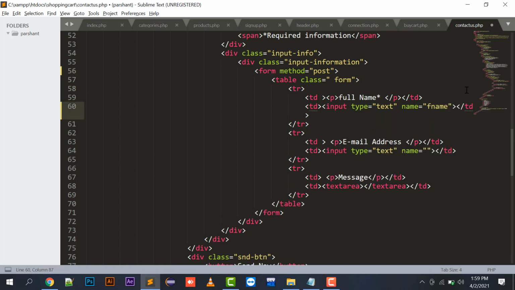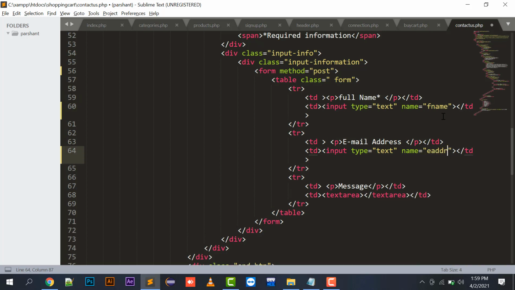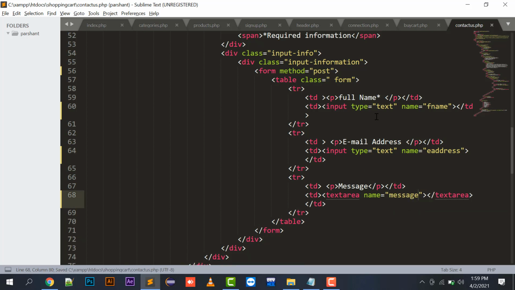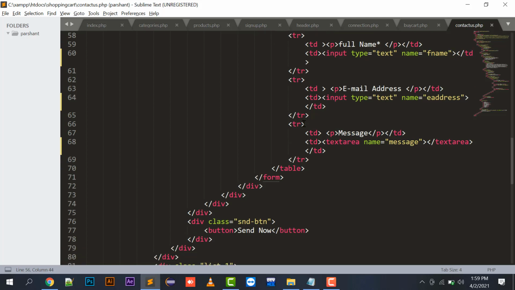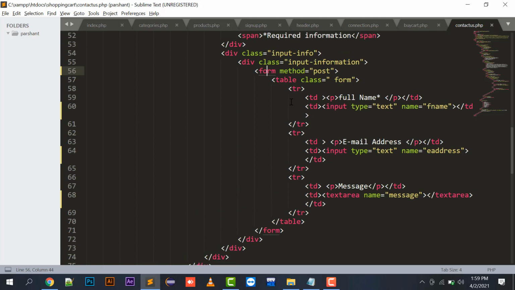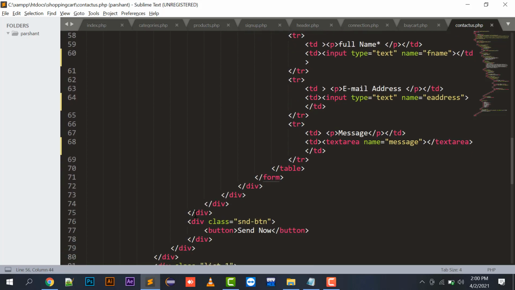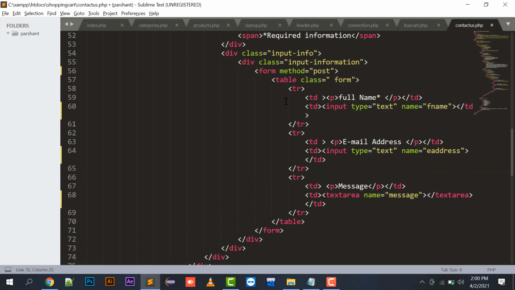It's f name, e address, and the textarea name will be message, right? One thing you have to take care of is that the submit button should always be placed inside your form tag. Then only your form will be submitted. If the submit button is outside your form tag, then the form will not be submitted, right?